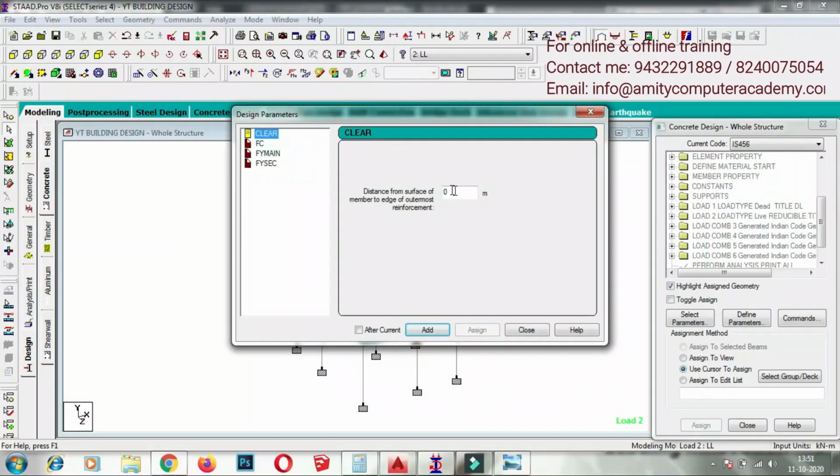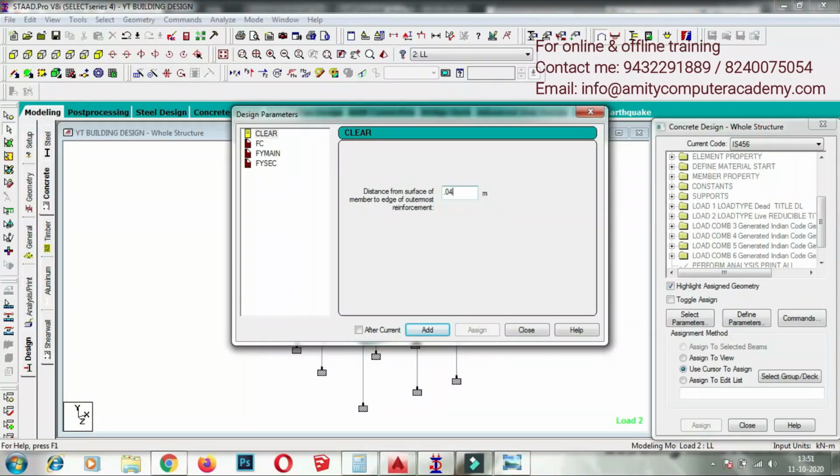For clear cover, I am giving a clear cover of 0.04 for column. So 0.04 and then add, and I'm assigning a clear cover of 0.025 for both plate as well as for beam. So add. Now go to FC.